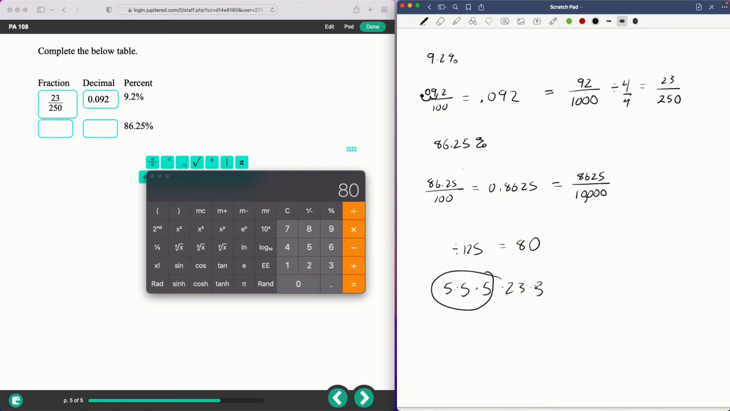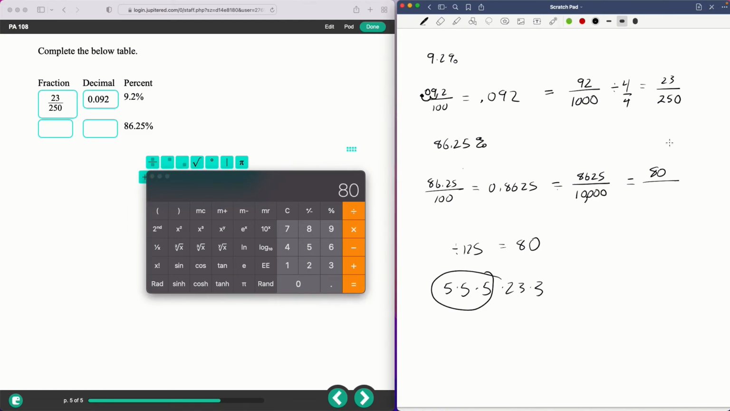Well, let's see if we can divide that by 23 or 3. Divided by 23. No. So let's back up. Divided by 3. Nope. So we can't divide the top and the bottom by any other number besides 125. So that's what we're going to do. If we divide the top by 8625 by 125, we get 80. And if we divide the bottom by 125,